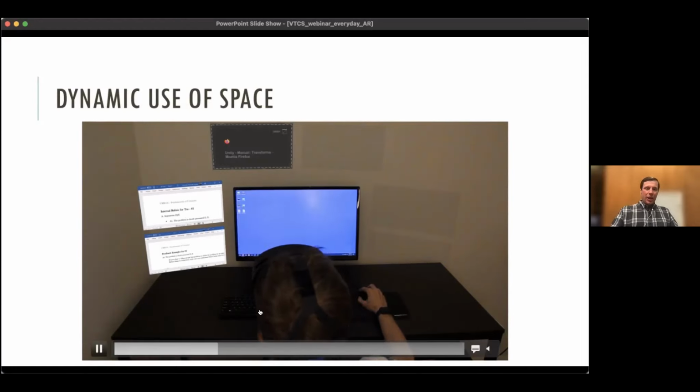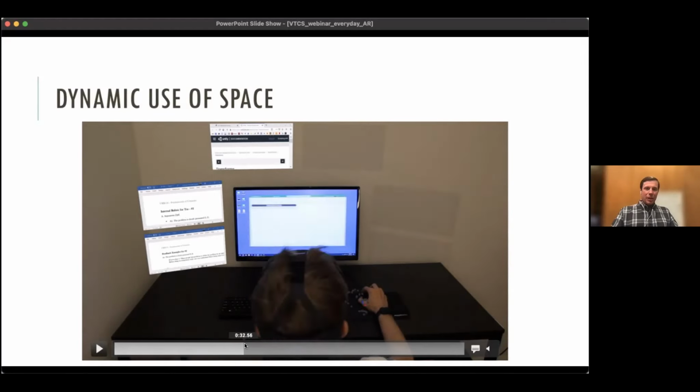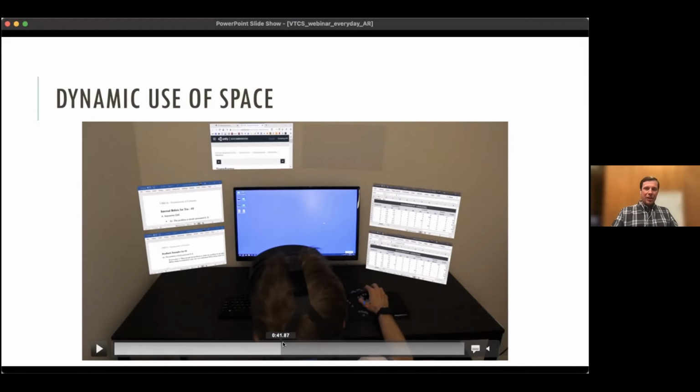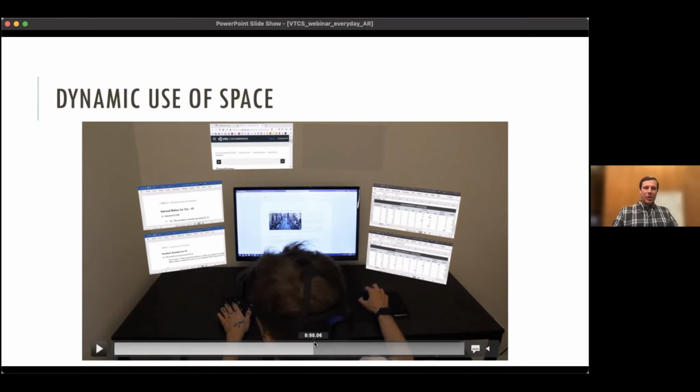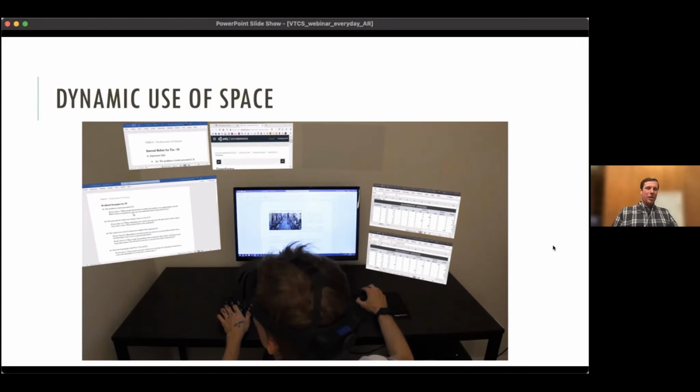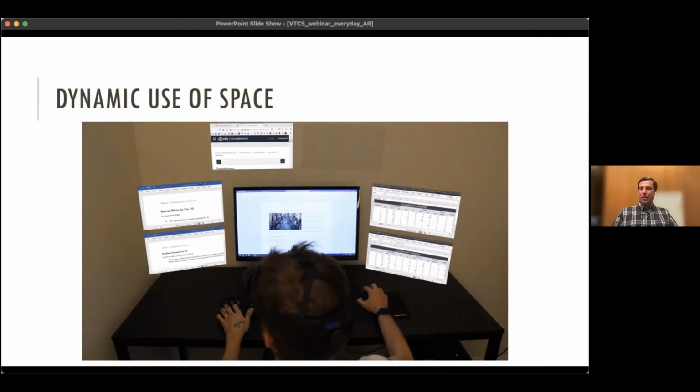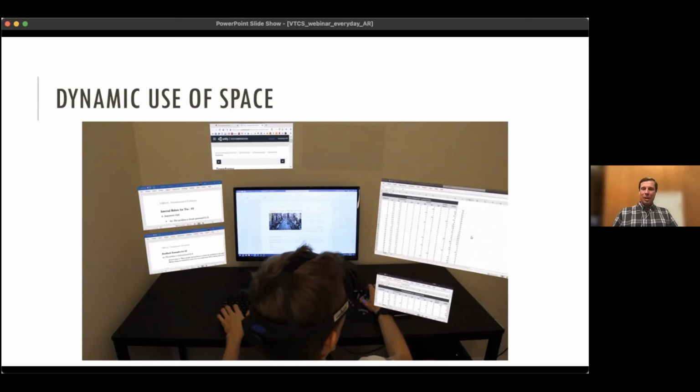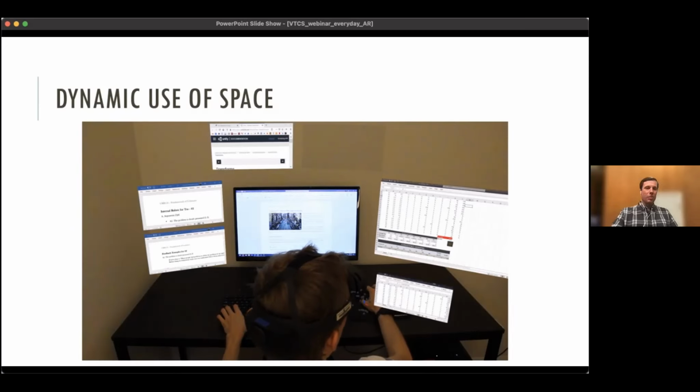And then the cool thing is, if I fast forward just a little bit here, he gets all his windows in place. The cool thing is that if you press a key while you're looking at a particular monitor, it becomes larger so that you can see more information, and the other containers kind of move out of the way automatically. So this is the kind of flexibility and dynamic behavior you can get with virtual monitors that you could never get with physical monitors. So lots of other ideas like that are possible.